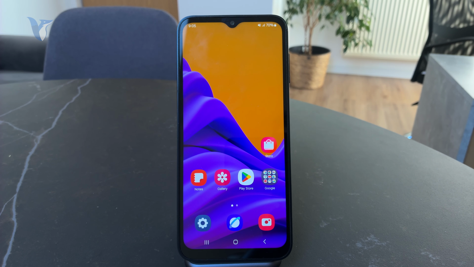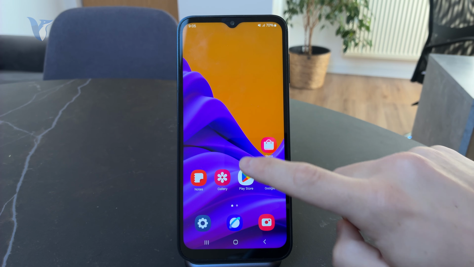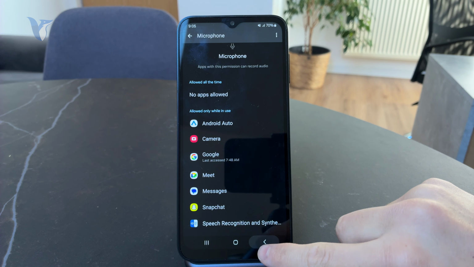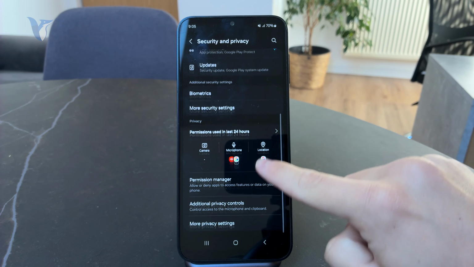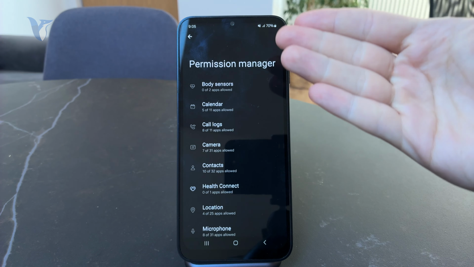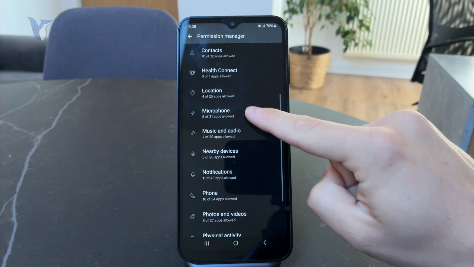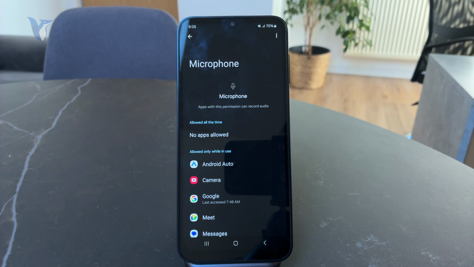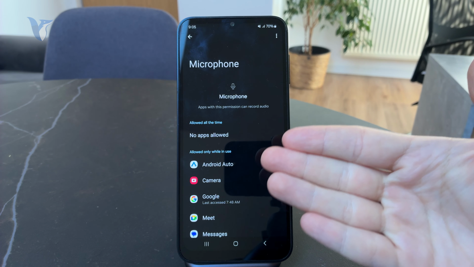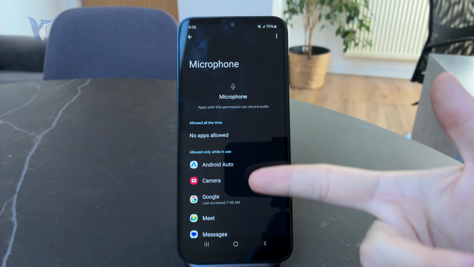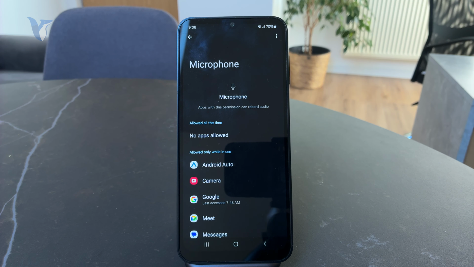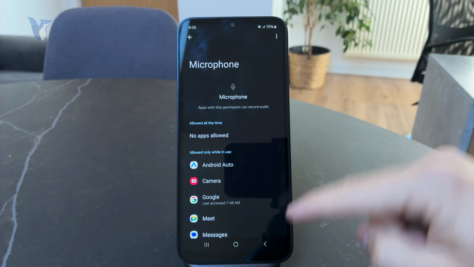And if that is the thing which you don't like, just find the settings app and go to the privacy and security, and there find the permissions manager. So this will allow you to see which apps can access your mic and also at which time, because sometimes it might happen that even allowed all the time is one of the options, meaning that you don't even technically have to use the app and you can just see that an app is using microphone without you knowing. So it's very important to manage these permissions for better privacy, but that is the thing which I wanted to